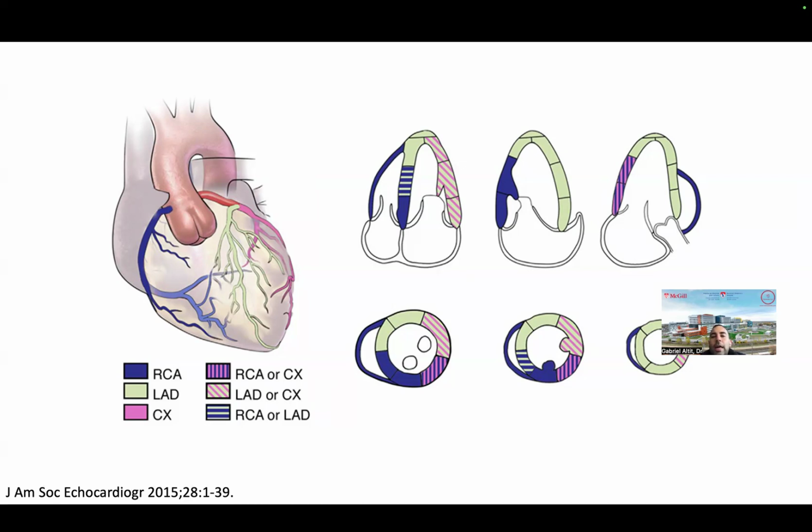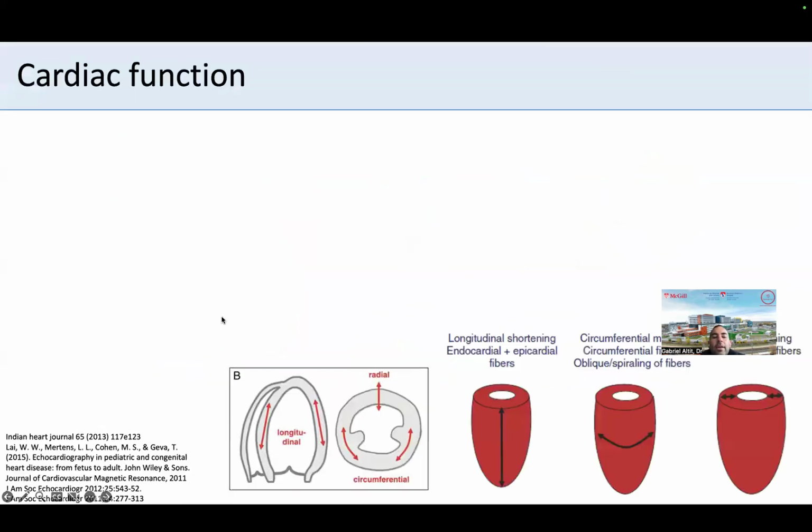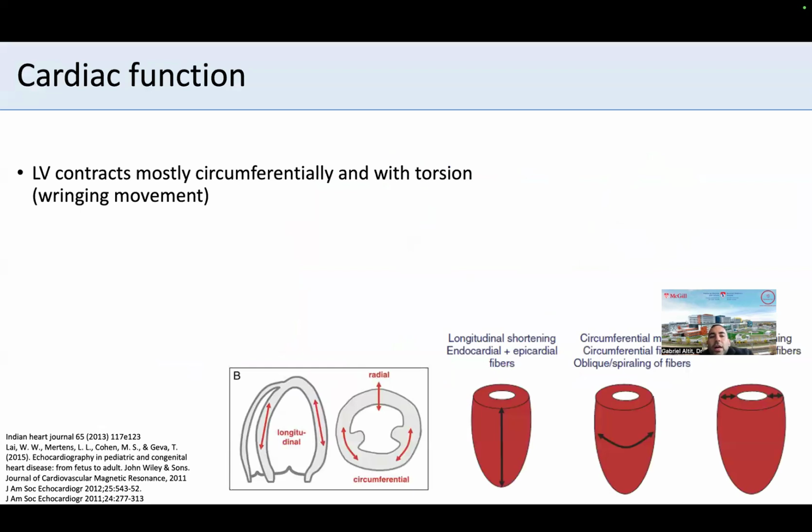And so that's why, when we look at some very specific segmental anomalies, it could be related to some of these different perfusional states. Okay, so cardiac function: the LV will contract mostly what we call circumferentially, which means towards the inside. So a lot of the markers of function are actually designed to represent this circumferential contraction. There's also an element of what we call torsion, or wringing movement. So in French, we talk about essorage, like when we're wringing a towel that